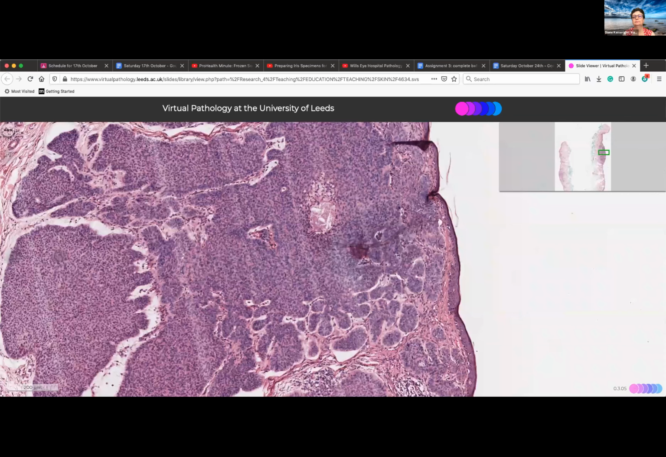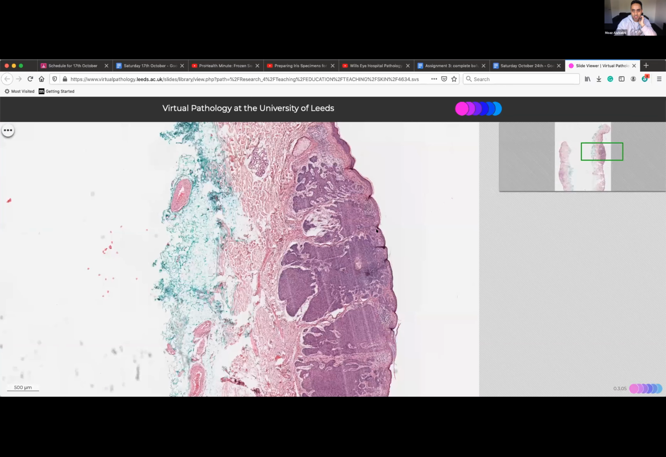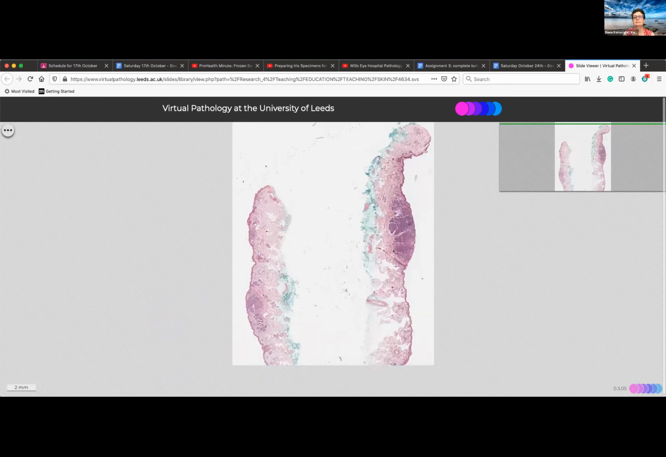Oh, should I just share my screen? Yeah. Or should we go to a room? No, you can just share your screen. That's fine. Can you see my screen? I can see your screen. So